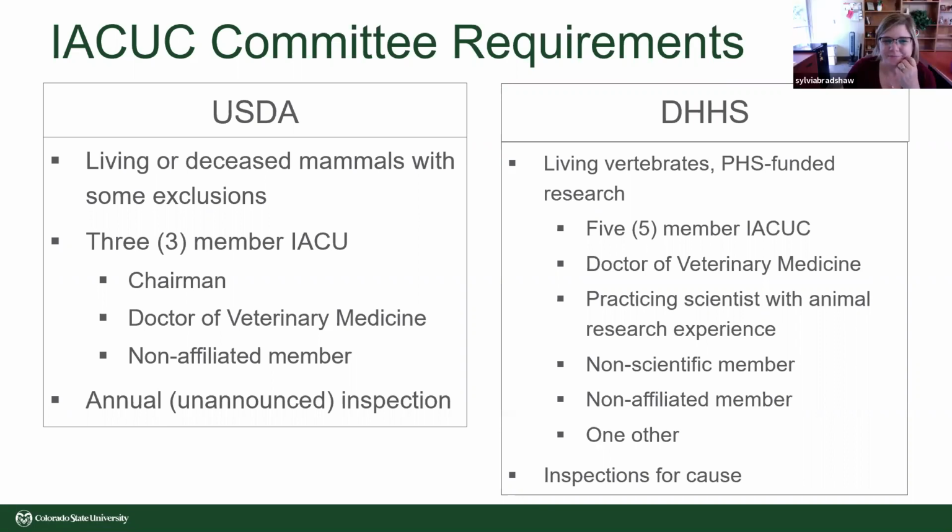Is that the only one on the IACUC that can be compensated, or can anyone that serves? I don't know, because I know that sometimes chairmen are compensated. So I think your university could compensate the chair of your IRB or IACUC, as long as it's not outside, you know, undue influence there. Yeah, I've actually heard of some institutions that have paid members of their IACUC and IRB, so you're compensating them for their time in that work. Okay. Other questions?